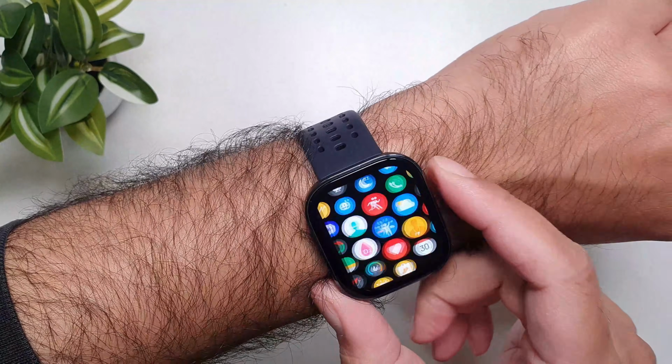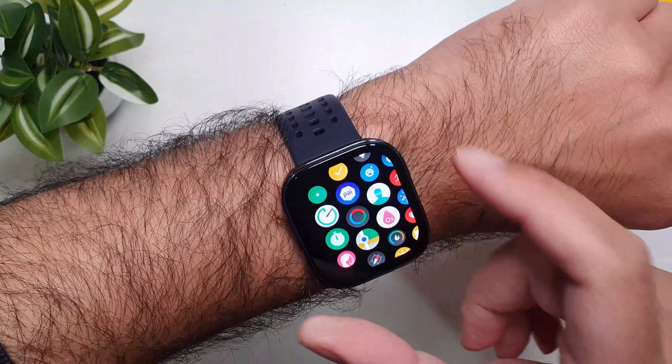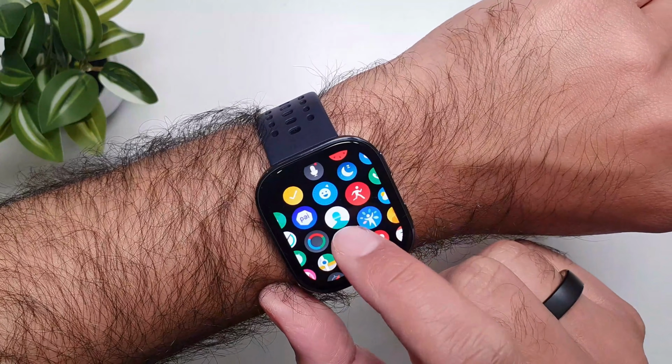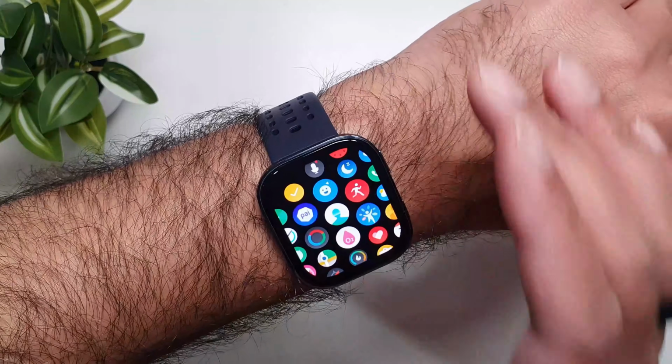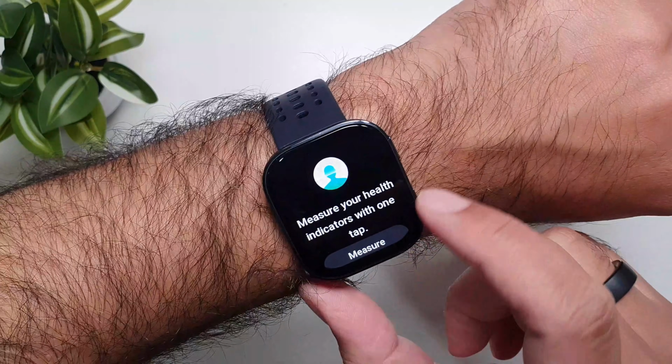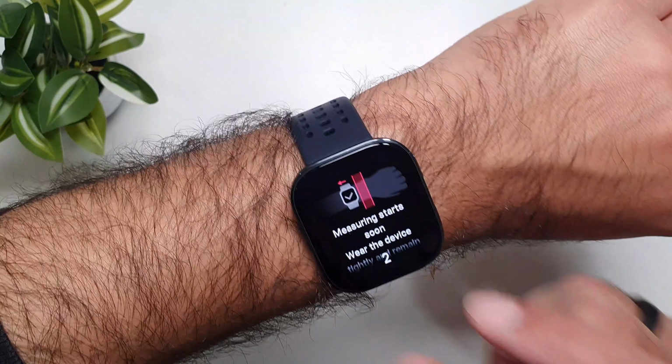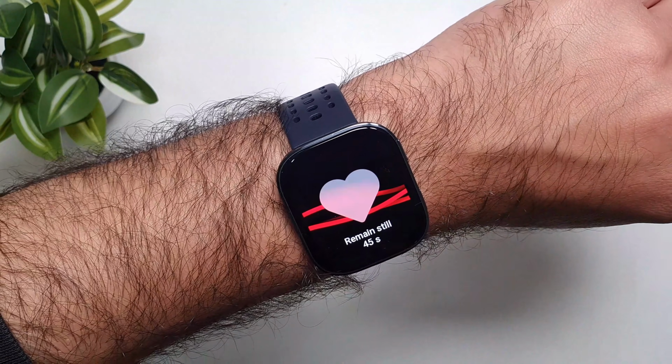Now what happens is that there are a lot of health features, and you have to go in separate apps to measure your separate metrics, but this one app allows you to measure your health metrics, or the basic health metrics, in one go. So if we go in here, you can tap on measure, and it will give you a countdown, and then it will start